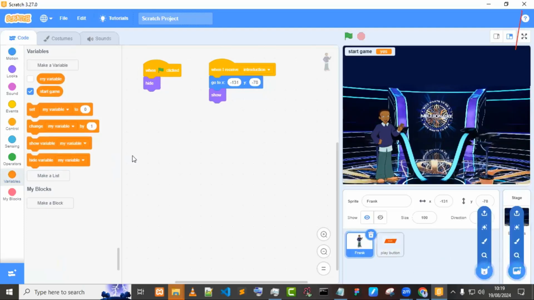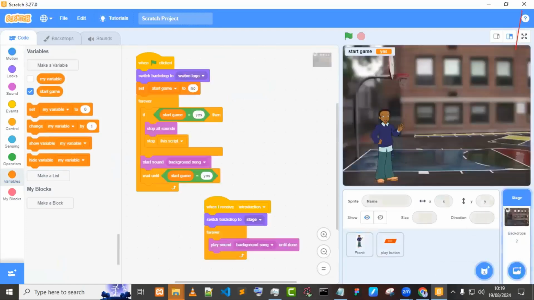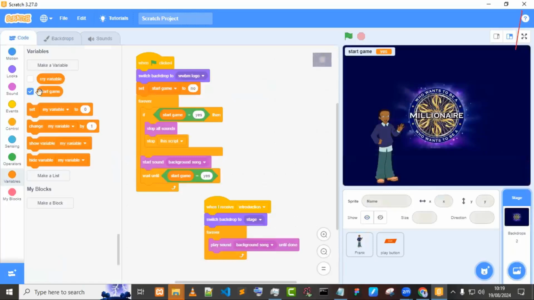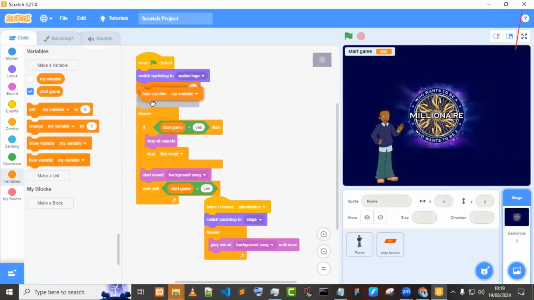And this variable was created. You can just throw it anywhere, but let's go to the backdrop because that is where we were dealing with it. This is where we were doing that. So we can hide it here, the name of our variable. So when we start,